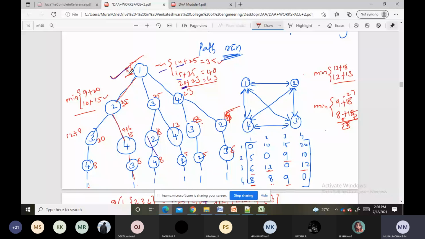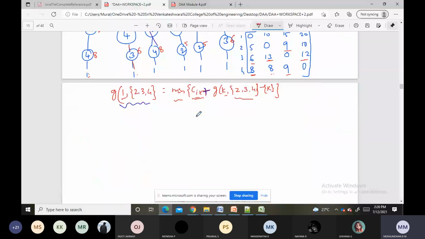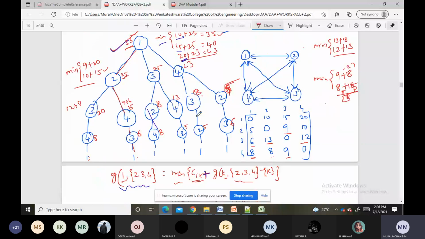So that's what we calculated, and we made some of the values available for this graph, right? This is the brute force method we have, and we have seen a solution using the brute force method. Our goal is not to go with the brute force method. Our problem is we should use the dynamic programming method, right? So for that, we designed one formula which states how to obtain the shortest tour of a traveling salesman problem, right?